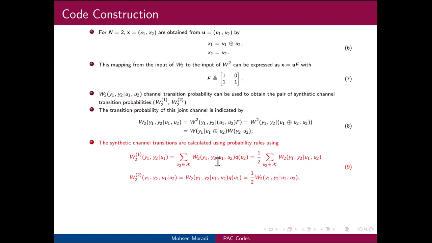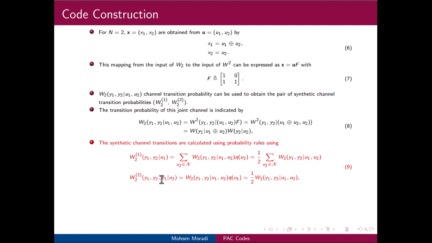And using the Bayes rule, we can bring u2 from the left side to the right side, times the probability of u2. We assume that the inputs of the overall combined channel are uniform, so the probability of u2 is half. So we can write the probability of this synthetic channel as the sum over u2 of the probability of the combined channel times half. For the second channel, that has as output y1, y2, all the vector channel output, and